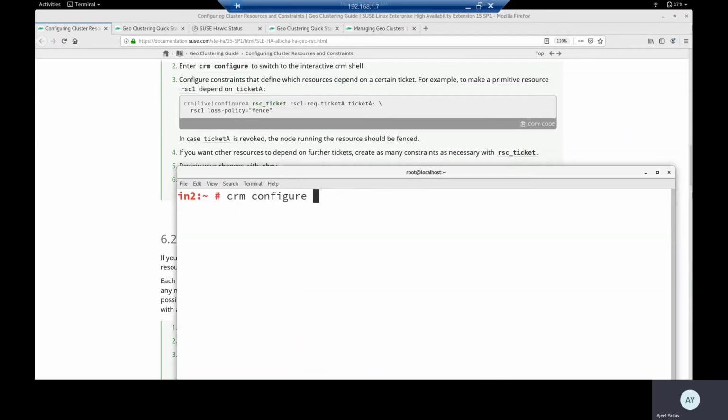crm configure rsc_ticket RSC1-request-ticket-NFS. This is just the name, the resource name, kind of a nickname. Then you have to write the name of the ticket, which in my case is ticket-NFS, which I used while configuring my geo cluster.